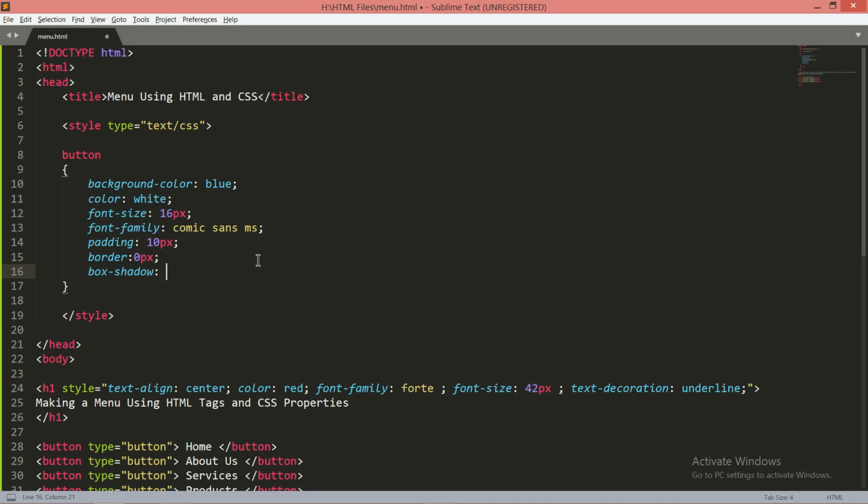It can be a button, it can be an image also. Box shadow, I say let it be 0 pixel, 5 pixel, 0 pixel, and the color I want is black. Now see, what are these parameters? The first one is your x-axis, and then it is y-axis, and then it's blur. This is the color of the shadow. Now I don't want to blur it, I just mention it as 0 pixel. Now I want that the shadow of the button will be in y direction. It means that your shadow will come in vertical form.